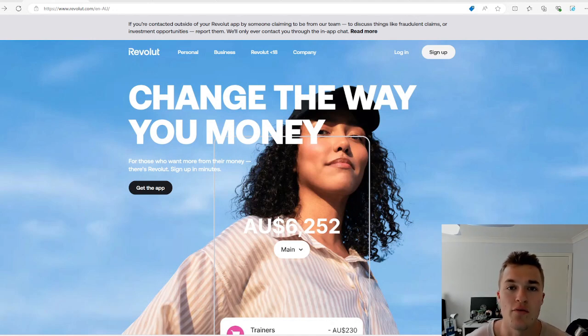Today we're going to be going over Revolut, going through all their features that they have on offer, what is good, what is bad, and how to best utilize everything available through Revolut. So make sure to strap in because this is probably going to be a little bit of a longer video. There are a lot of features available on Revolut. We probably won't cover everything because we could be here forever, but we'll cover the main features that are available and go through those on a more general basis, and potentially later on we'll do more deep dives into each individual feature to help explain it a bit better.